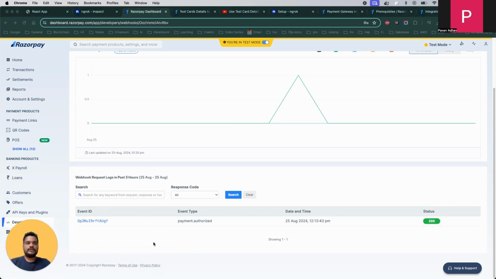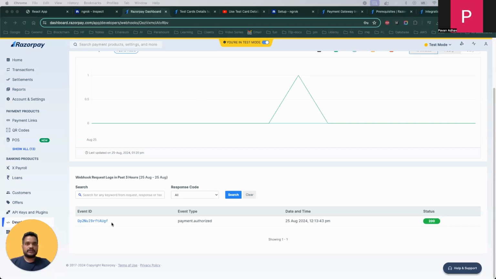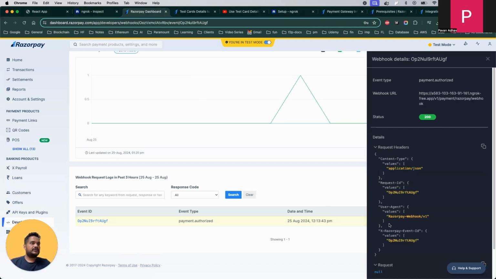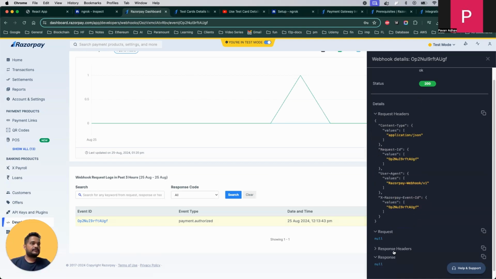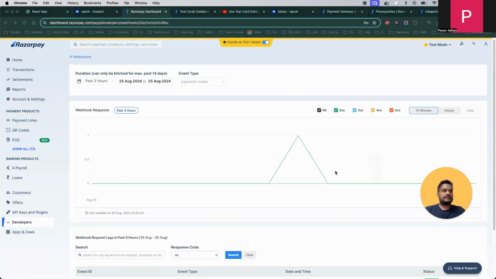Okay, we have already sent 200 from our API server, because you can see here, once I am getting any kind of event, I'm just sending a 200 success response. So that's why it's showing status 200, event ID. Okay, this one, and we can see the other additional information as well if you want to. So here, let's see additional information